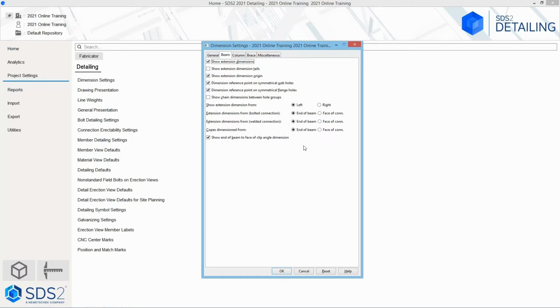We can dimension the reference point on a symmetrical web holes and flange holes. We have the option to show chain dimensions between hole groups. We can show extension dimensions from the left end of that member or the right end. Do we want the extension dimensions on bolted connections from the end of the beam or from the face of